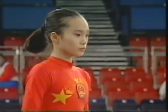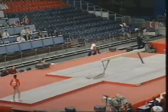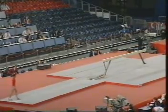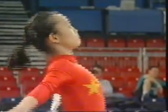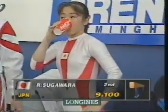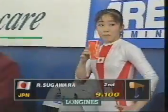We move to the beam, because when the Chinese are on the beam, they tend to take the attention of the crowd. Yi Lin Lin. For the real purist of gymnastics, everybody enjoys the Chinese the best of all. They might not always win, but they're certainly beautiful. 9.1, the score for Sugawara. Currently